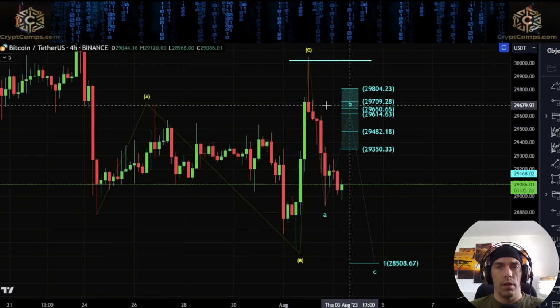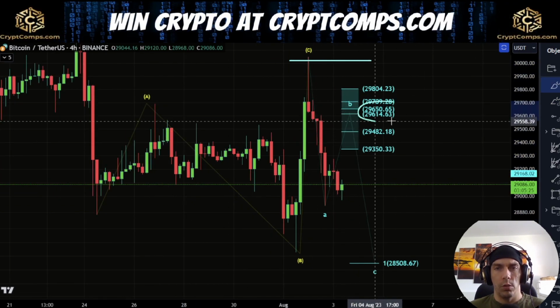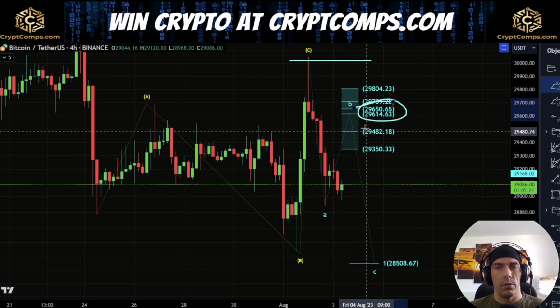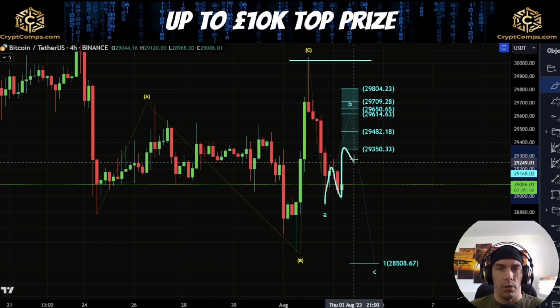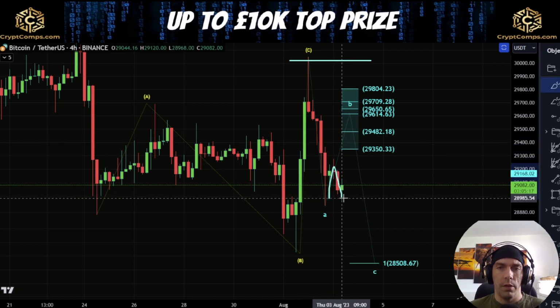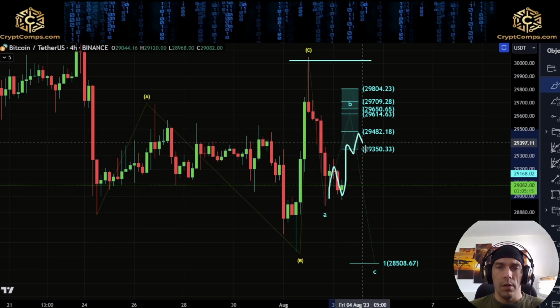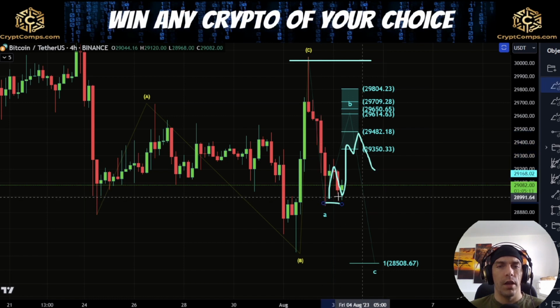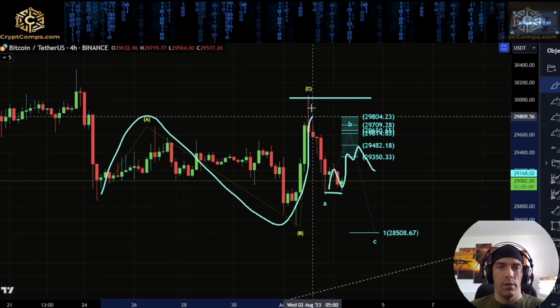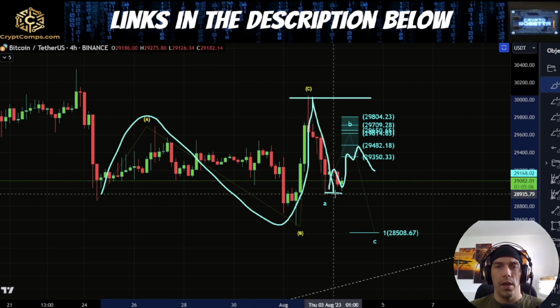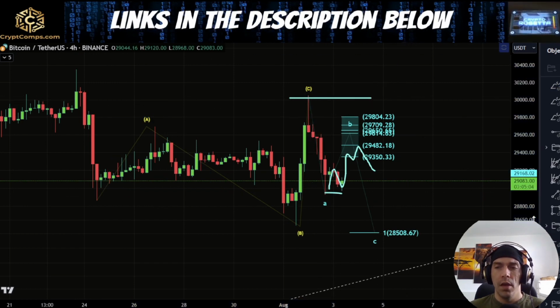Now, if we do look at this area here, we'll be watching this golden pocket here, this 29,650 to this 29,614, if we do see price starting to respond to the upside. If we start to see a 5-wave structure up here though, we need to be cautious, because this could actually indicate that our bullish case is going to be playing out, where in the short term either we get this as our A wave, this is a B, and then we get a C wave to the upside,